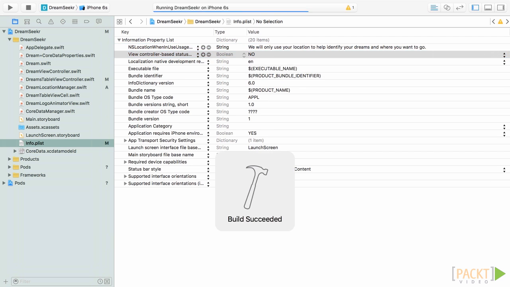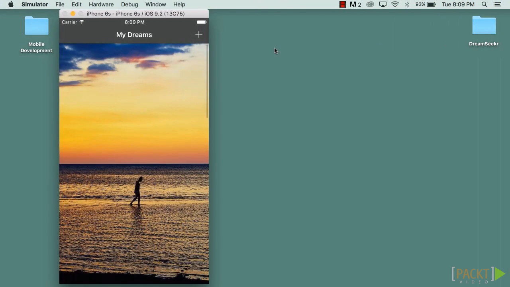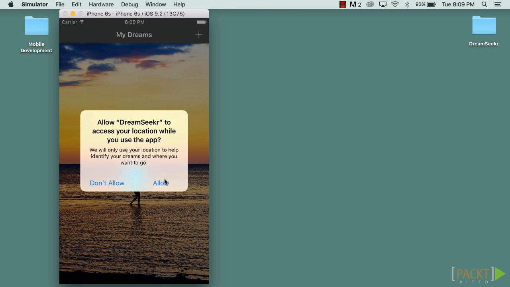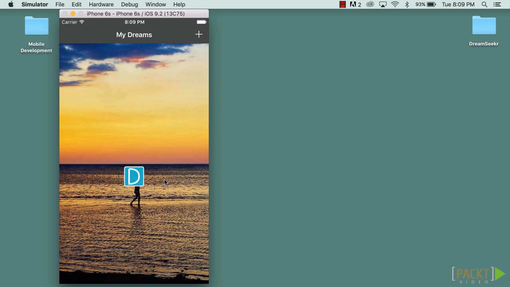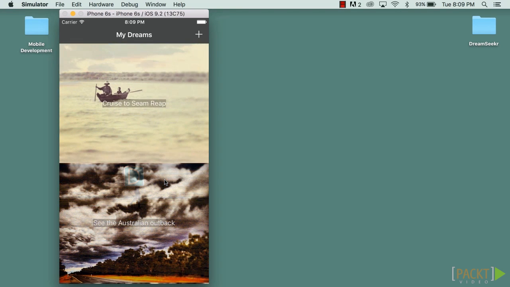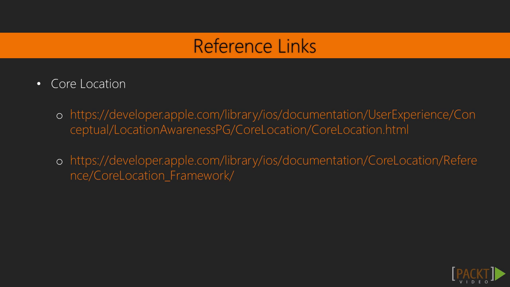Now let's run the app and see what we get. As you can see, when the app loads for the first time, we'll get an alert that the user can choose to accept or reject, and if they accept it, then we can give them access to the location services options in our app. For more information about Core Location in iOS, please visit the following links. And so, now that we've got our location updating